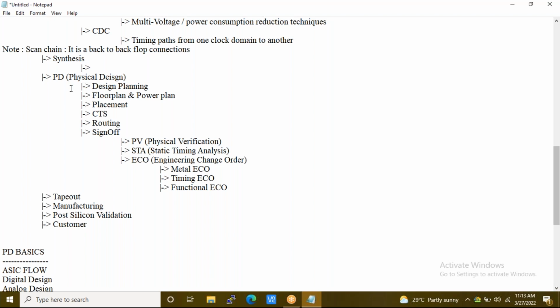Otherwise, if I just teach you the physical design flow only, you will be eligible only for the companies that require only PNR flow, that is placement and routing flow. So we are trying to include other things into the training flow so that your profile will be suitable for various types of job requirements.